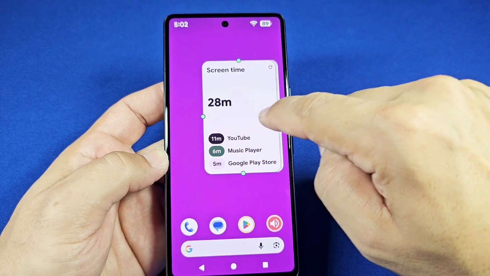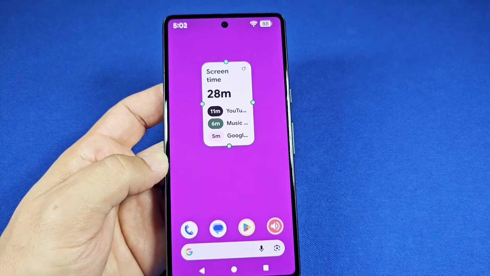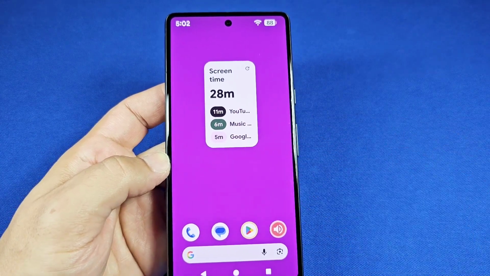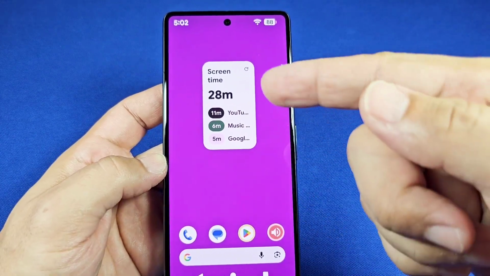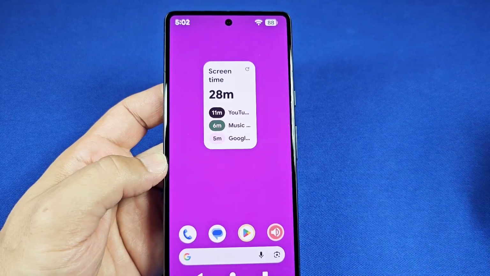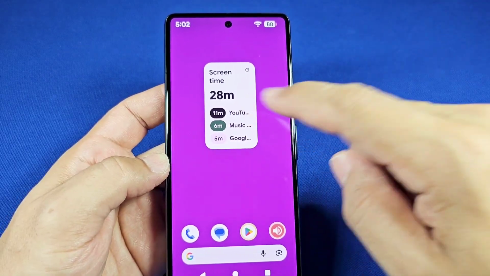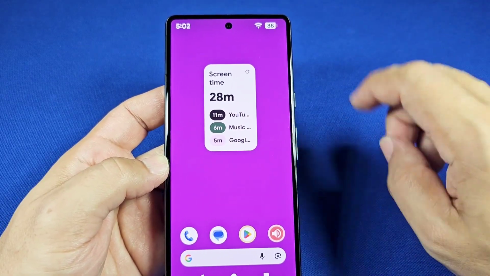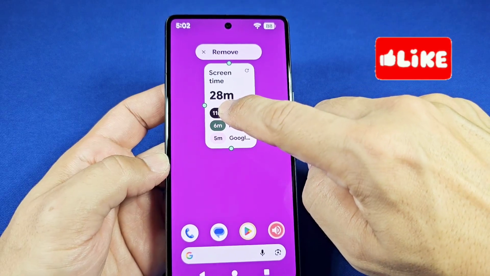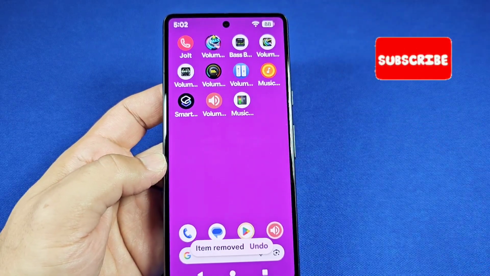Now the good thing about this here is that it gives you an idea of how much time you spent on an app and how long you have been on your screen or have your phone on browsing and all that stuff here. So if you've been looking for this here, that's how you go about doing it. If you want to remove it, long press it and you'll see the remove option and you're good to go,